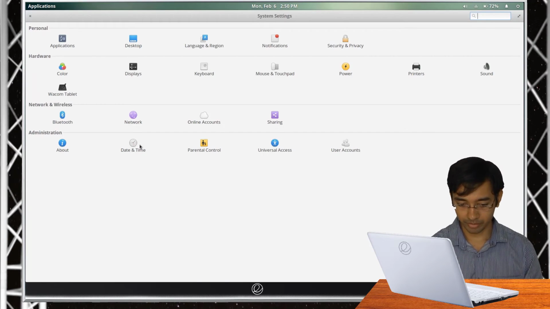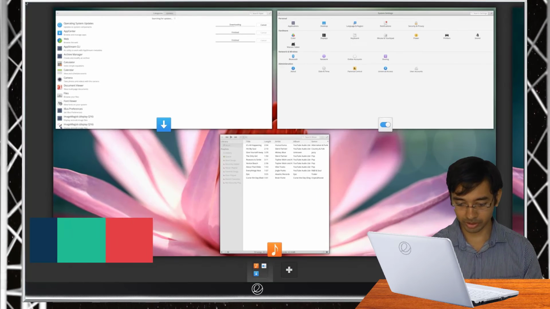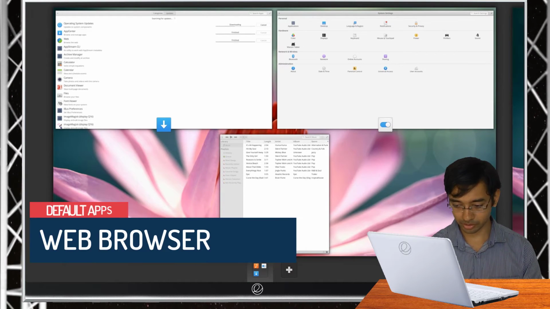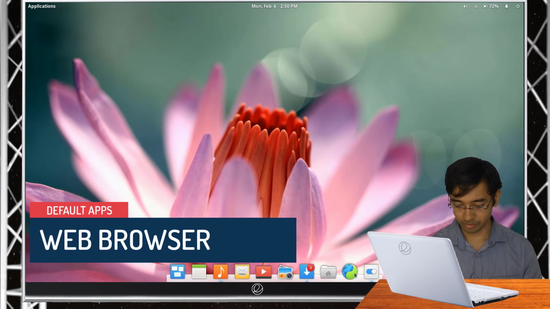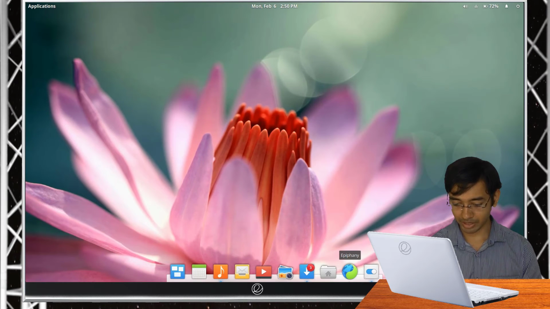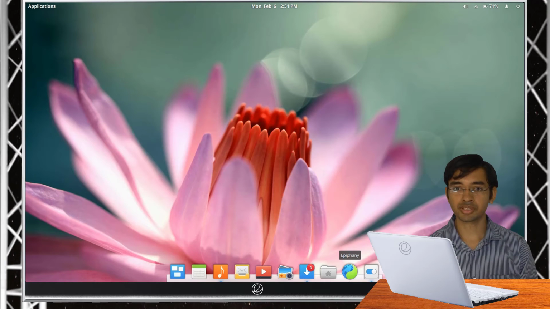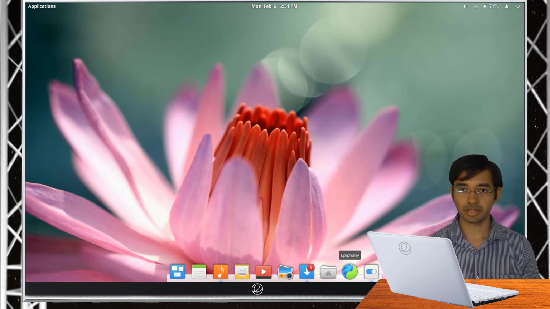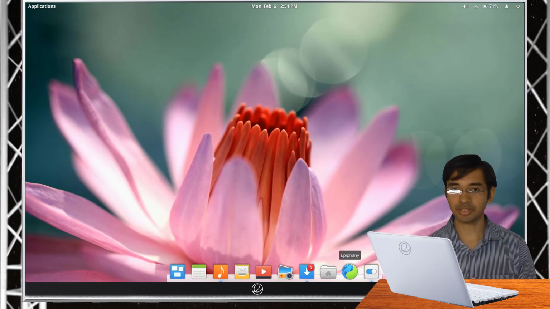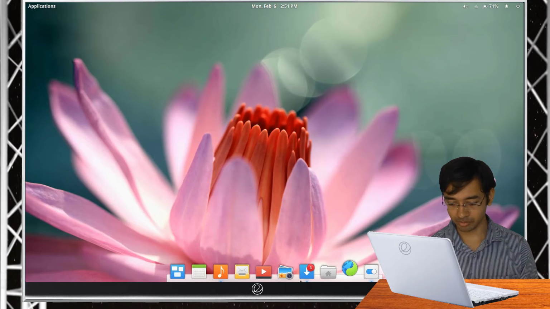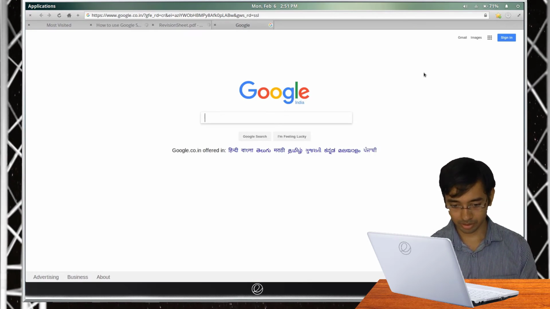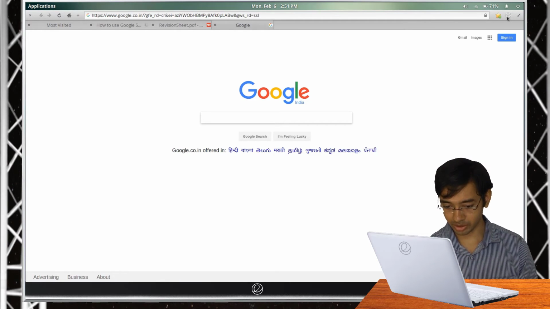Now let us look at the web browser, which for most of you would be the major application that you would be using. I'll open it up in a new window. The default web browser that is packed in with Elementary OS is Epiphany. This browser uses the same WebKit core as Apple Safari. You can use it for your daily web surfing needs. It provides a tabbed interface, which currently has become an industry standard. It's quite simple. There are not many features packed in by default. I think that's done on purpose to make it easier to learn.